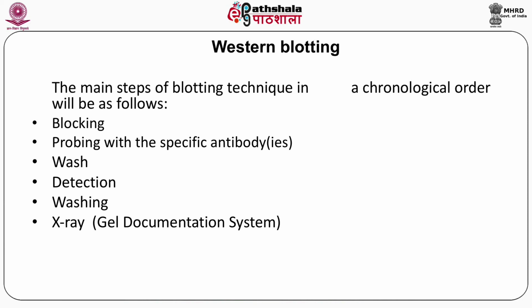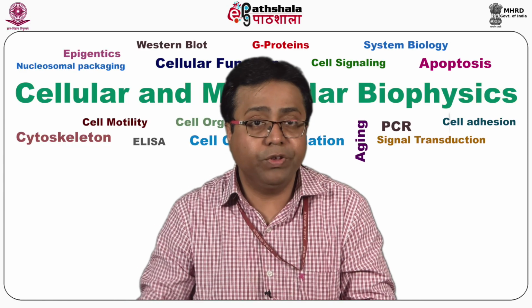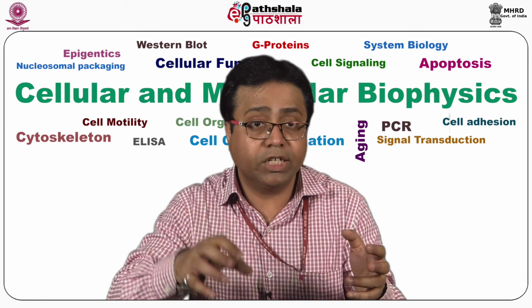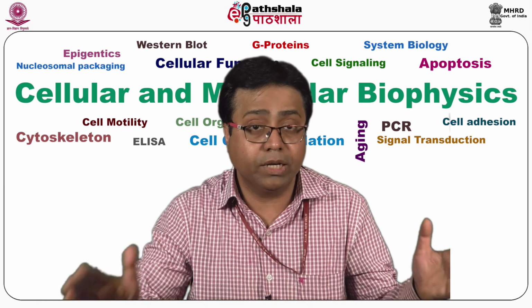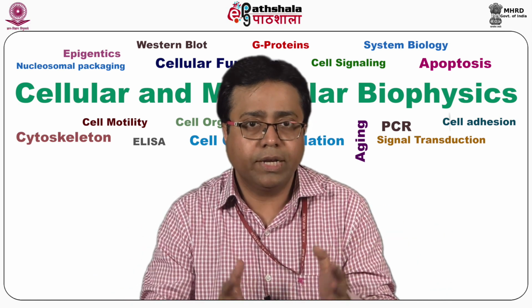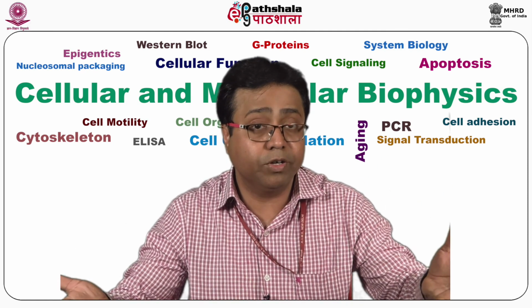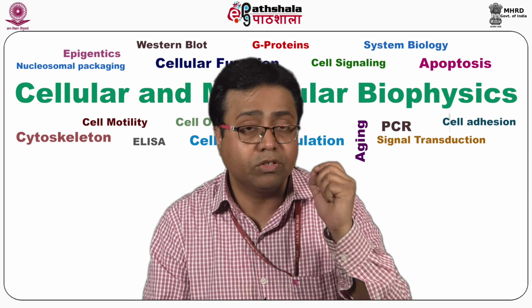Now SDS stands for sodium dodecyl sulfate. It's a detergent which has the capacity to bind to the protein at almost 1.5 grams per gram of protein, and therefore the variations in the charges of the proteins, because every protein is composed of different amino acid compositions, so the charges are different. Now if you use a normalizer which camouflages all the charge of the proteins, the entire protein doesn't have fractional charges, but one common negative charge, and then with that negative charge on the entire protein, we are going to separate them only in terms of molecular weight, because the charges are all the same in the different protein molecules. So all that is different is the molecular weight.